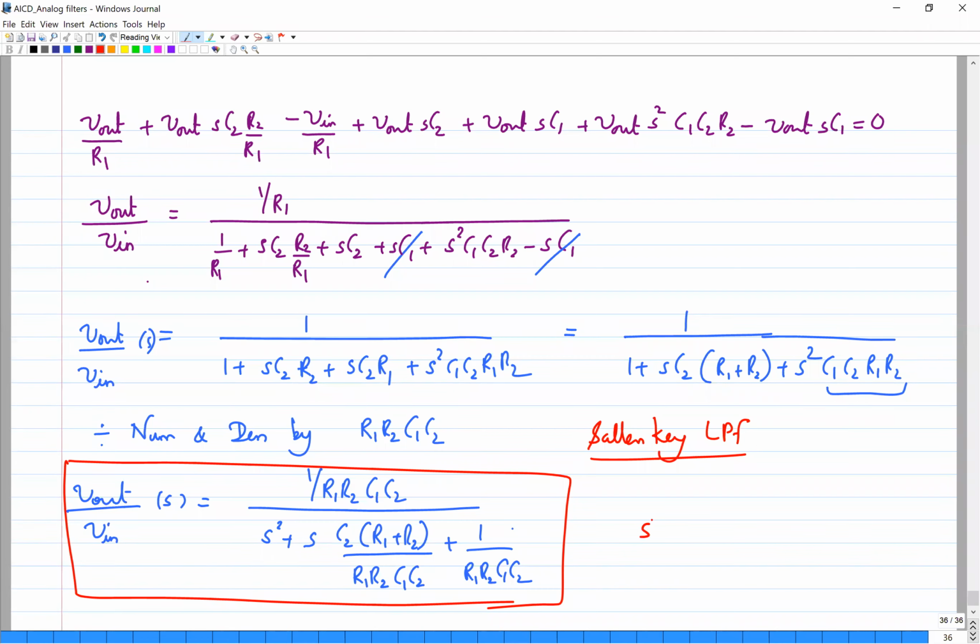We have looked at that. It is S square plus omega naught by Q into S plus omega naught square. This is the general way we write, that is, by including the Q factor and the frequency of the filter. Right. So when I compare this with the denominator of the transfer function, what I got now,